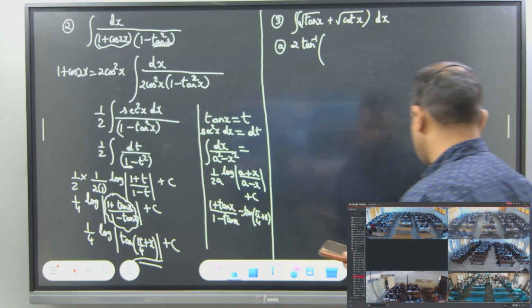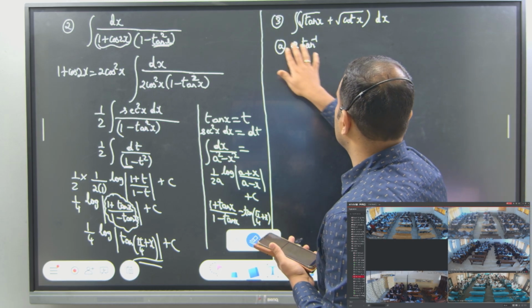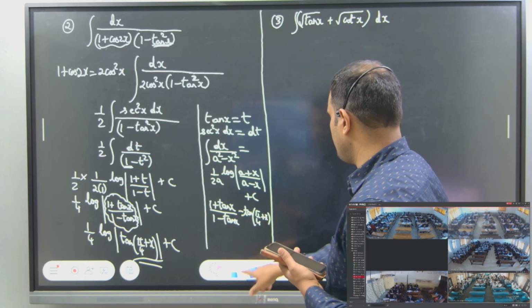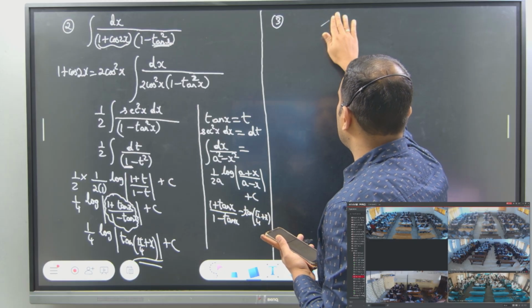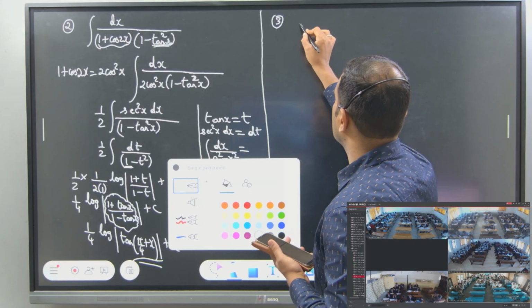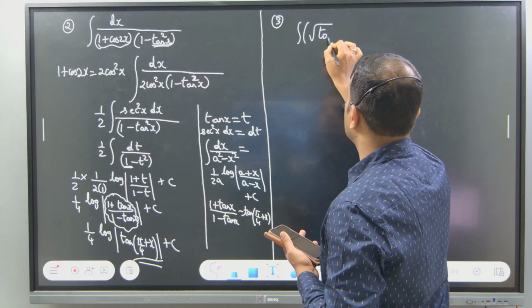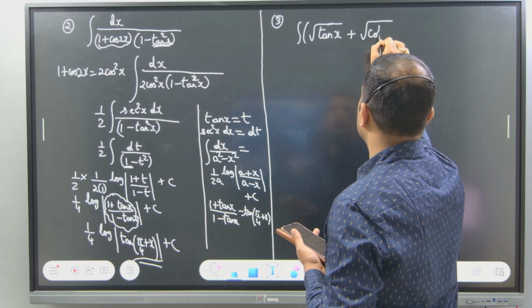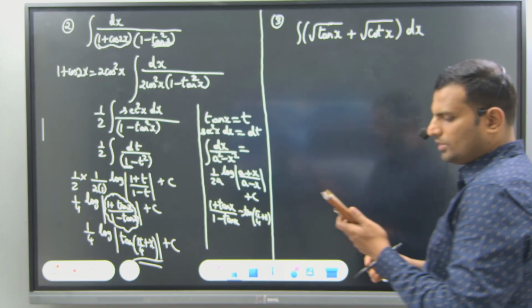Should I write it a little lower? The question is simple. It is integral of root tan x plus root cot x. Okay. And options are